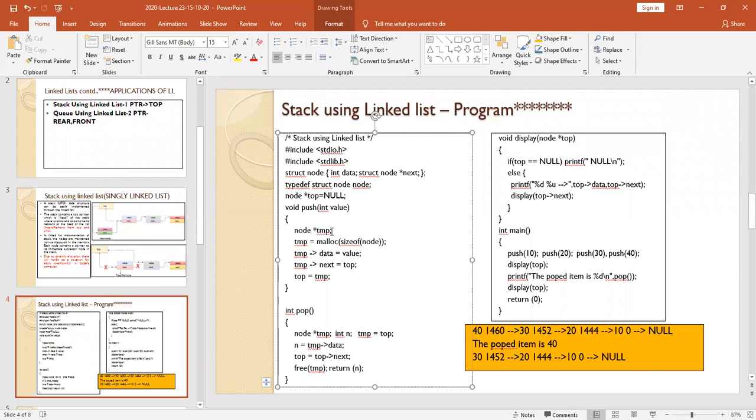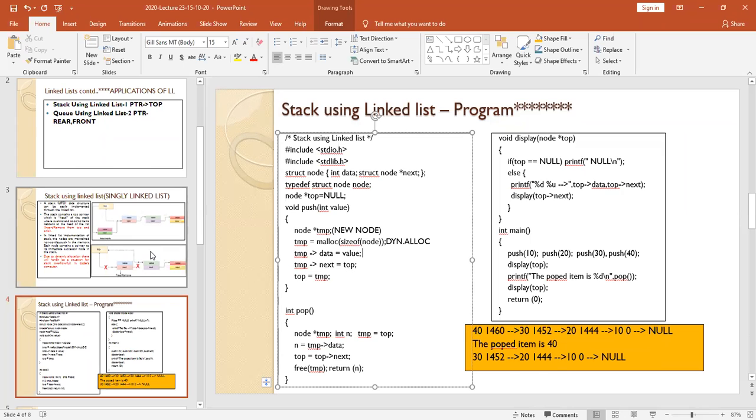So temp is considered as a new node, allocated dynamically using malloc. Once you allocate, you have two fields. Temp then data, you give the value, and temp then next you point to the top, because you are inserting